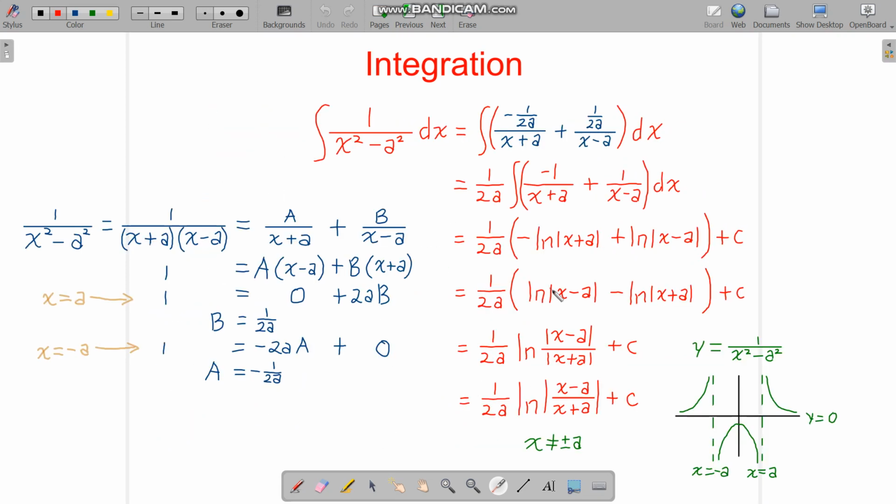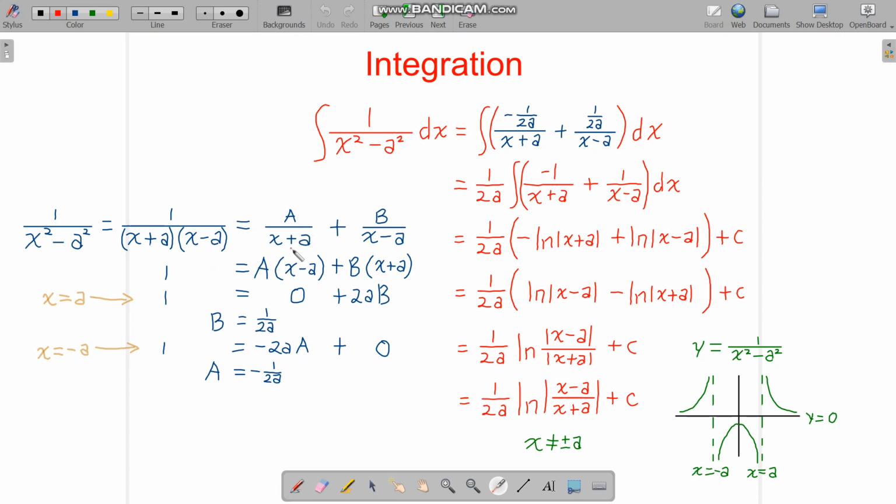And now this is the other special formula in standard integration in MF19. 1 over x squared minus a squared. Well, we can just use partial fractions here. 1 over x squared minus a squared is the same as 1 over x plus a, x minus a, and